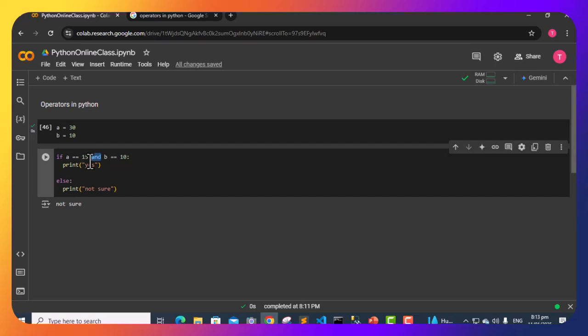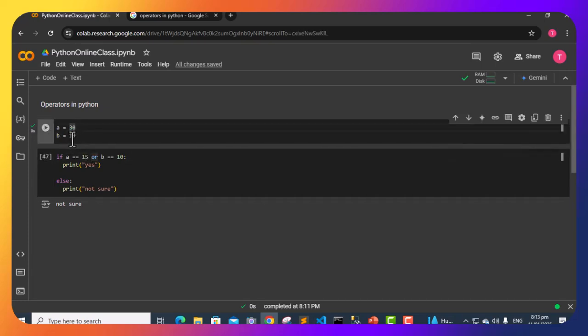Let's say I have or here, so I can say if A equals 15 or B equals 10, that is, if it meets any of these conditions, then it should print yes, which means this or is either you meet one of these conditions, whether A equals 30, A equals 15 or B equals 10. So if I run